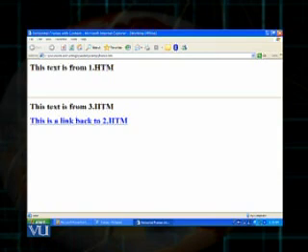When a user clicks this sentence, he would again go back to the same content file 2.htm, which would be opened for him in the lower frame. Remember, the upper frame would remain static.